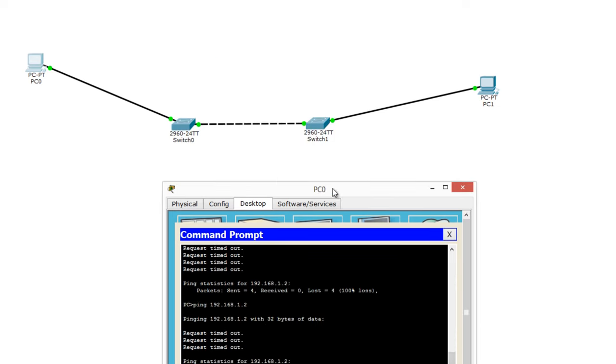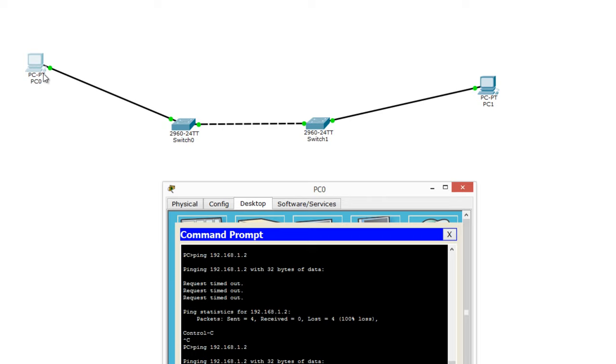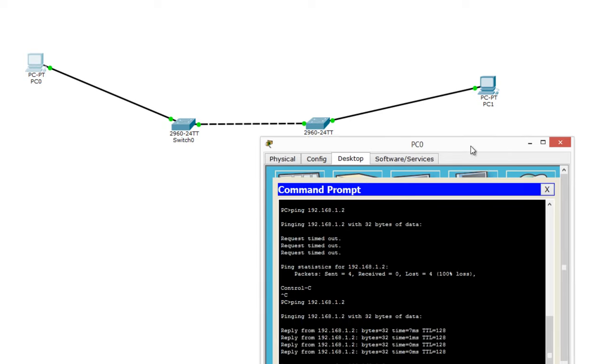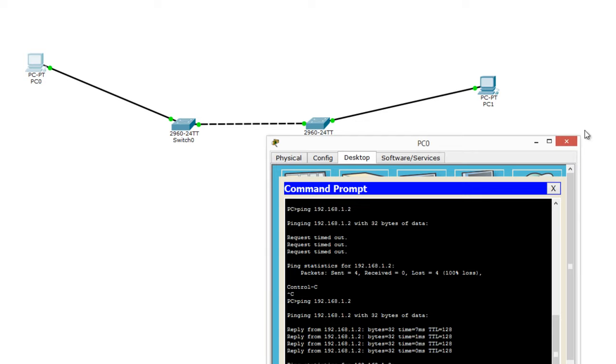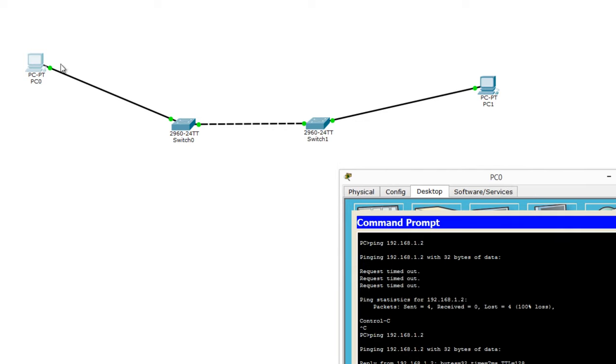Absolutely yes. This is in VLAN 10, this is in VLAN 10, and this is a trunk. So traffic is going like that and it's pinging absolutely fine, no problem at all. So what it did, it literally made sure that if they are in different VLANs, it doesn't work. If they are in the same VLAN, it works. And that's what